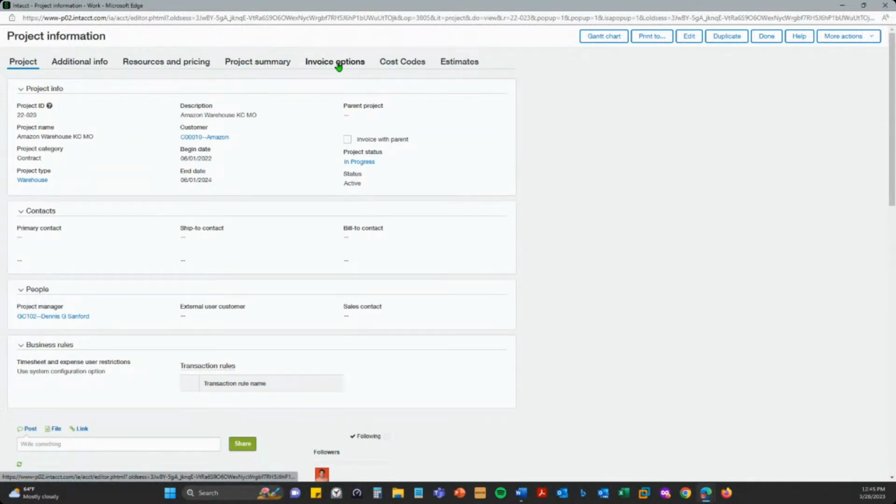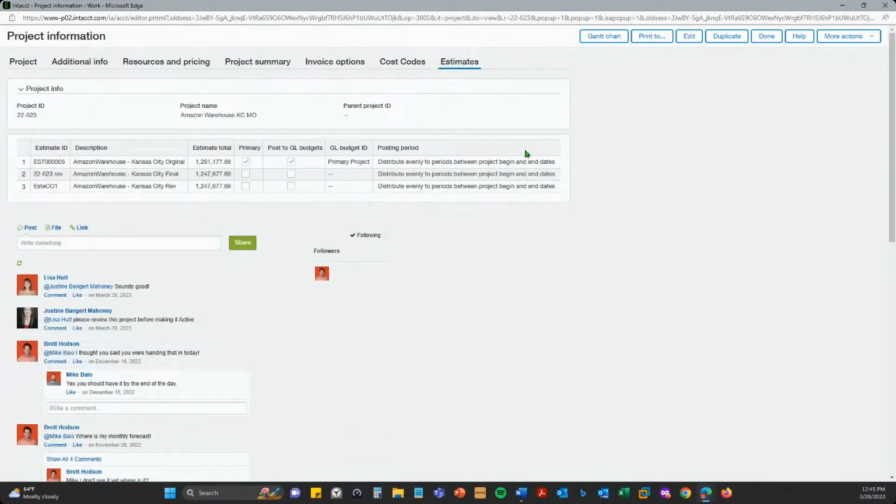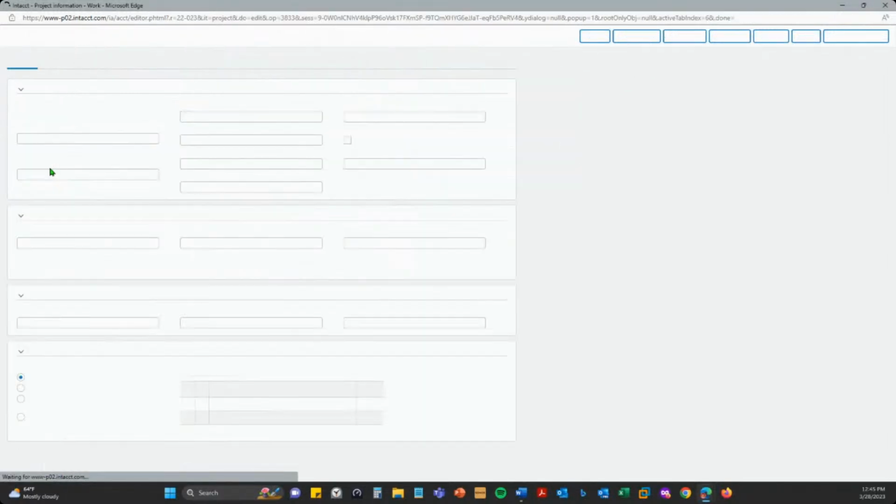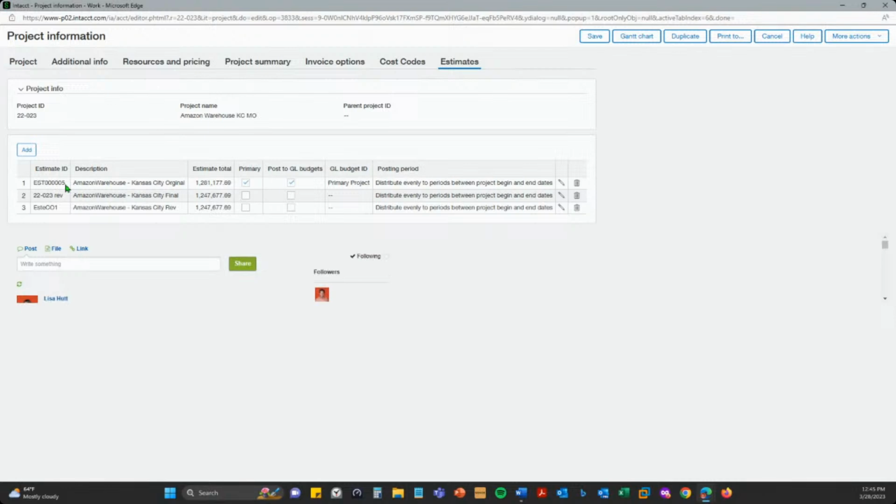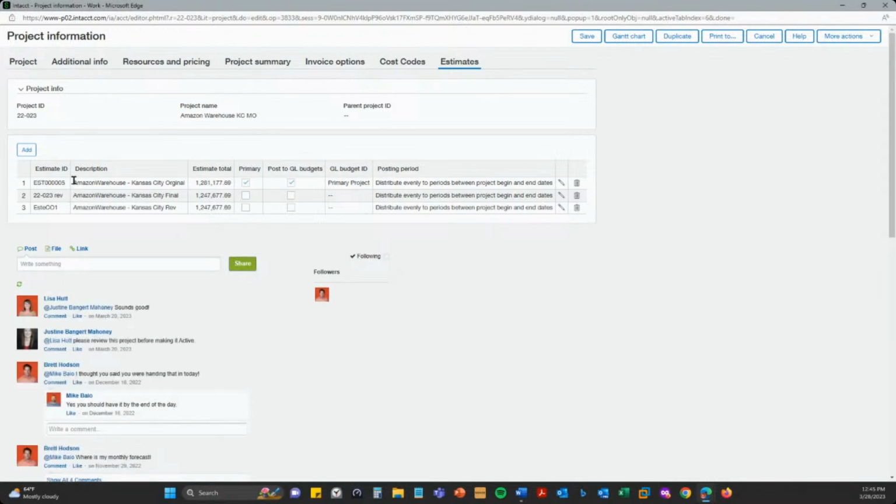If I go along the top, the tabs here, I can see where we have the project estimate set up for the project. One of the unique things about Sage Intacct Construction is that you can have like an original design estimate and a final working estimate and report against any of those.